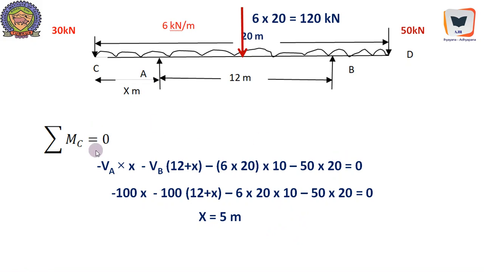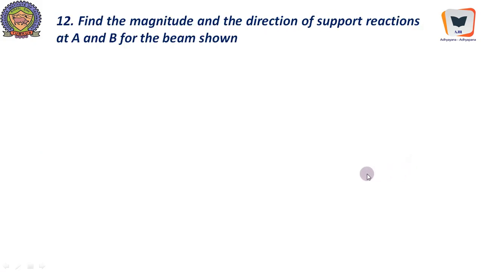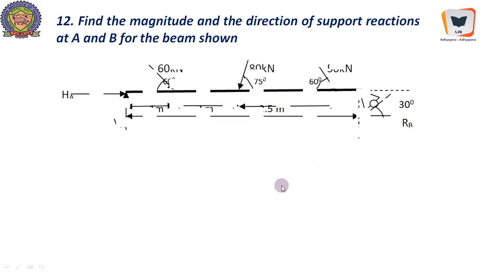So a simple equation sigma MC equal to 0 has given us X equal to 5 meters, and had we taken moment over here, the problem solving would have become cumbersome because we don't know this distance, right? Find the magnitude and the direction of the support reactions at A and B for the beam